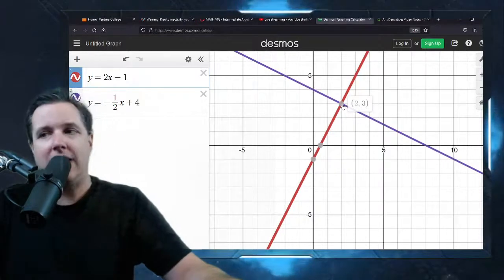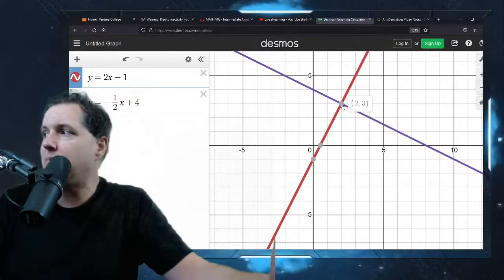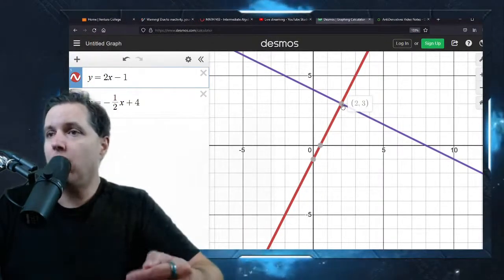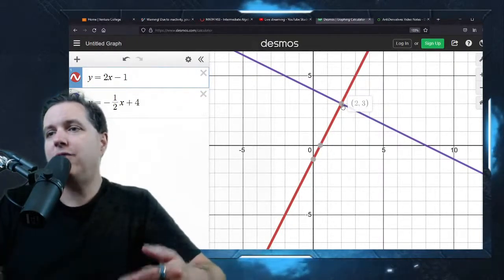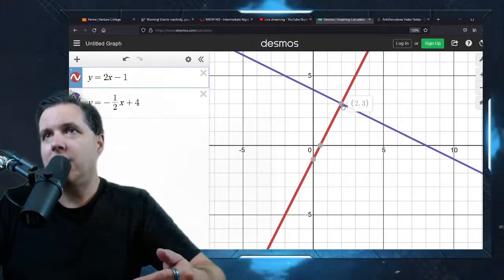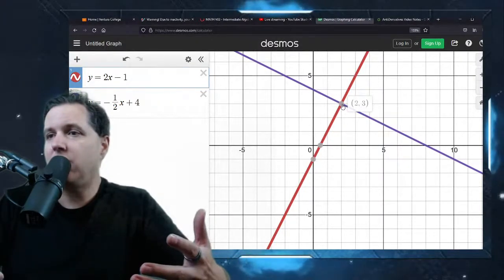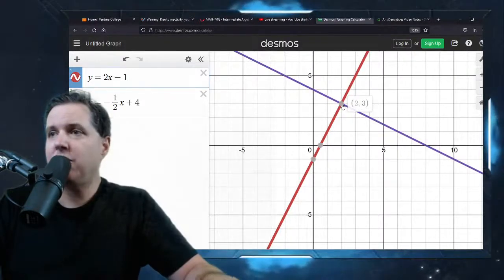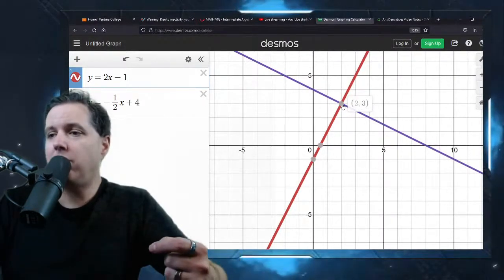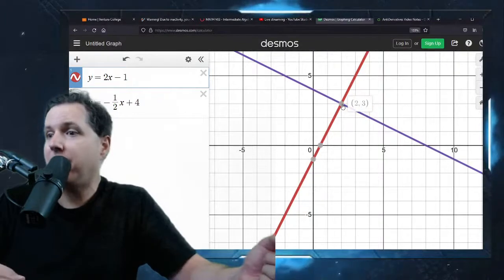So it's very easy to verify your solution to a system of equations is correct. It's harder to find it, right? This is true a lot of times in mathematics. It'll take a bunch of work for you to find the solution, but once you find the solution, it's very easy to check. Okay, all you have to do is plug it into both of the original equations. If it works, you're good to go. That's much faster than having to redo a whole new problem because you missed one on Delta Math, right?